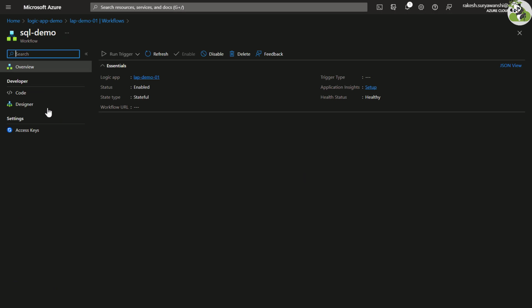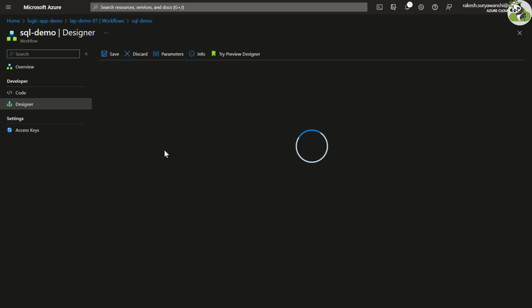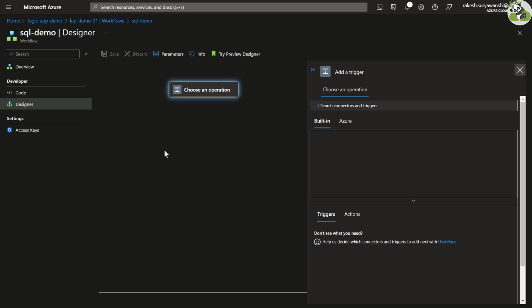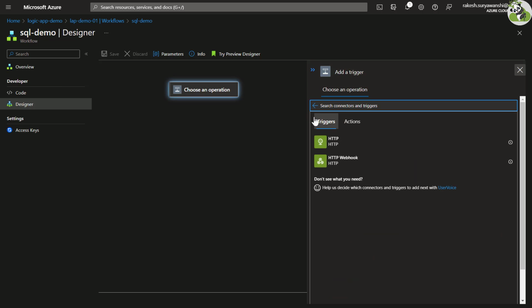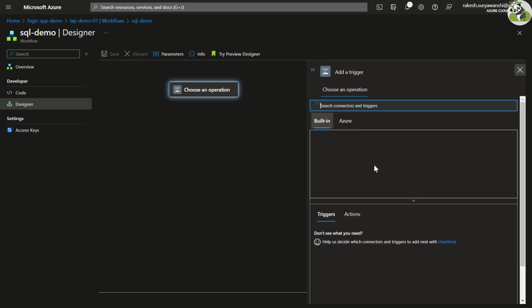I'll go to the designer of this particular workflow to design this workflow. You can design, we need a trigger to start the workflow. So this is a very first entry point, which should be a trigger. So we need to define a trigger. For this demonstration, I am going to use the trigger as the time-based trigger, but you can choose any trigger